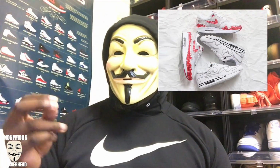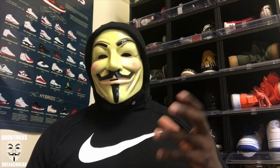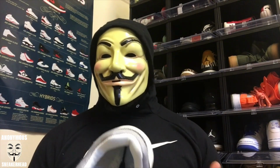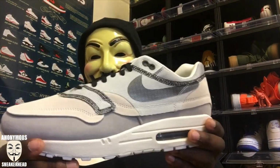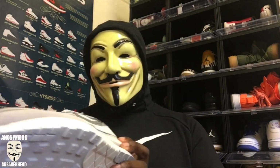You got the red, the one that looked like the regular University red, which obviously was the OG sketch to shelf, which looked like it was painted. Then you have the white one that looks like it has the outline, and then you have the reverse of that, which is the black one. But then this one to me is actually one of the dopest ones, and it is the inside out in the Phantom colorway. As you can see, it looks like the shoe was designed to look like it was built